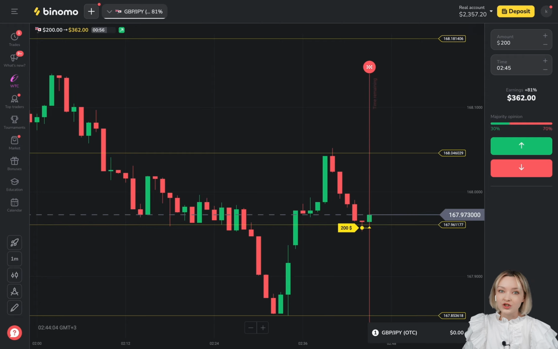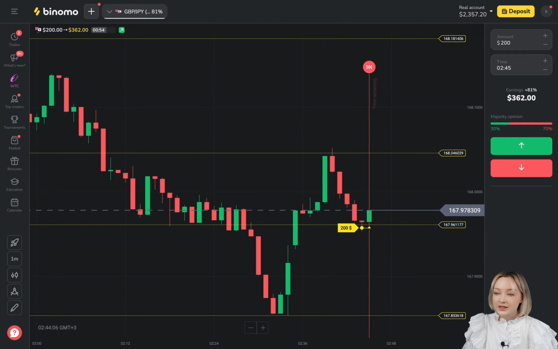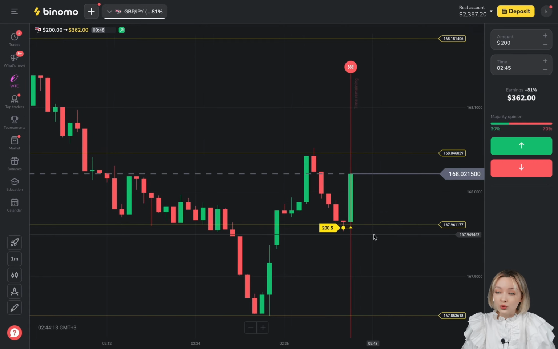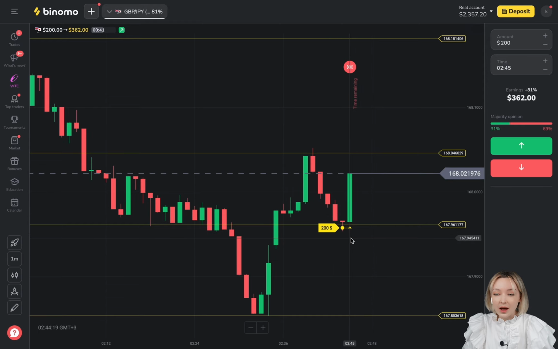Let me explain what has just happened. As we can see, we did get the reaction we expected. However, the first deal's expiration time was unfortunately too short and it simply didn't have enough time to close in profit. So I'm placing the second trade with a doubled value, and if it succeeds, we'll make